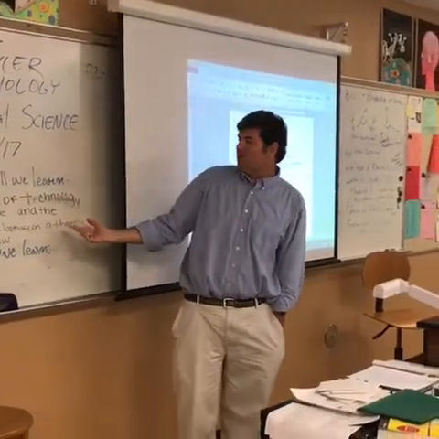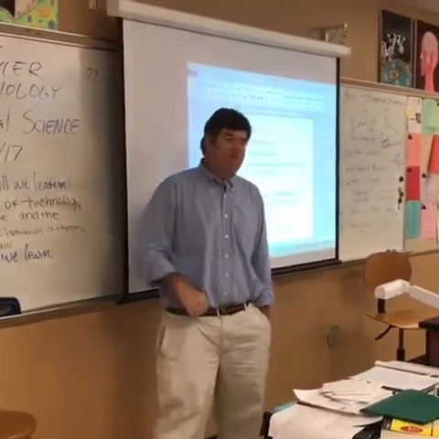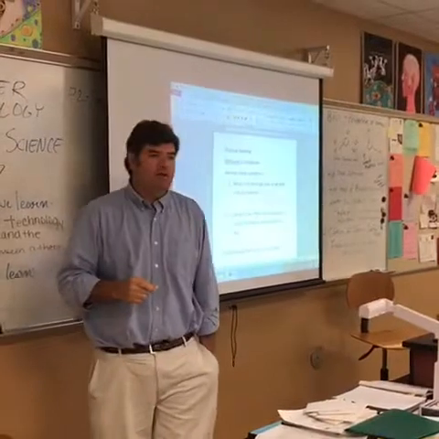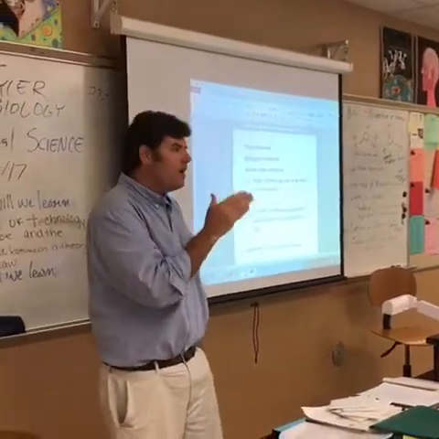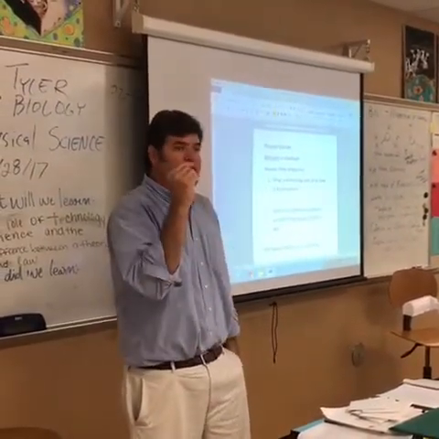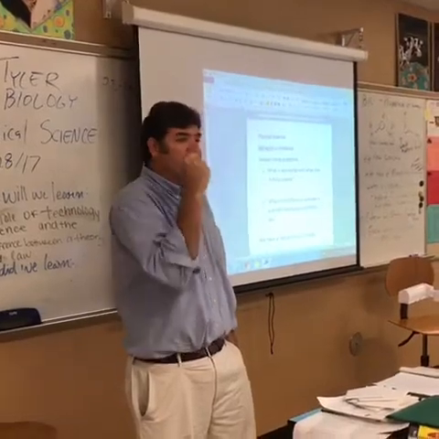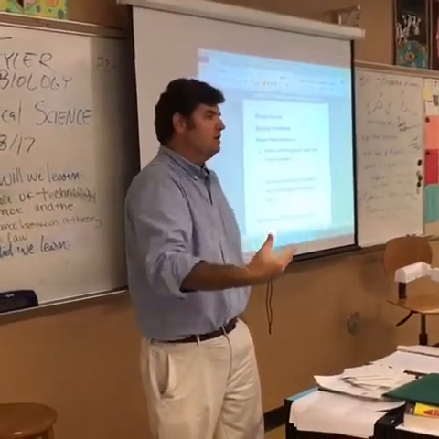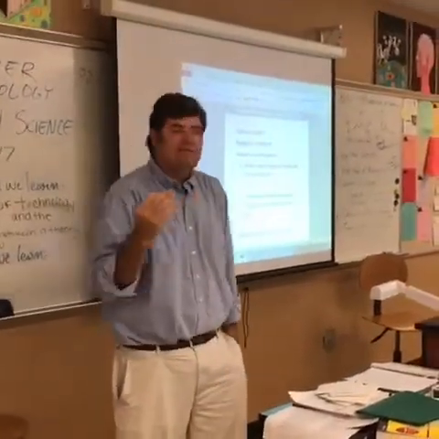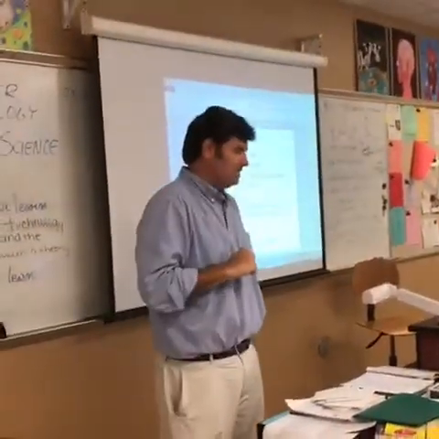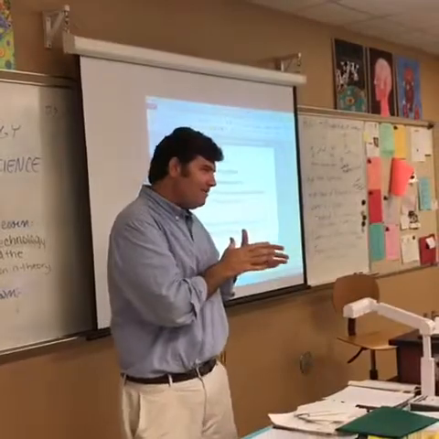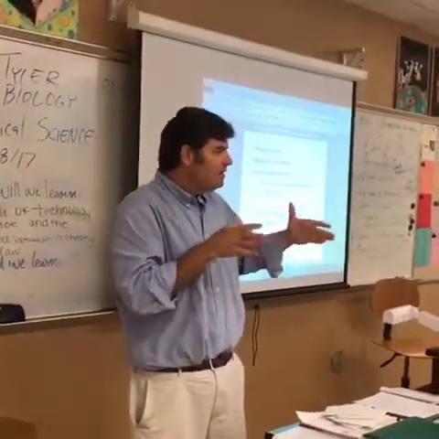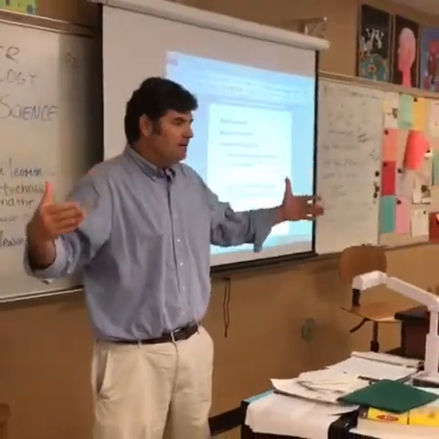28. What is the role of technology in science, and what is the difference between a theory and a law? So for technology, the idea was the cell theory. Before they knew that all living things were made of cells, they needed a certain piece of technology, which you said was? Microscope. The microscope. The very first microscope was not much better than a magnifying lens. But over time, they made it better. The technology gets better and better.